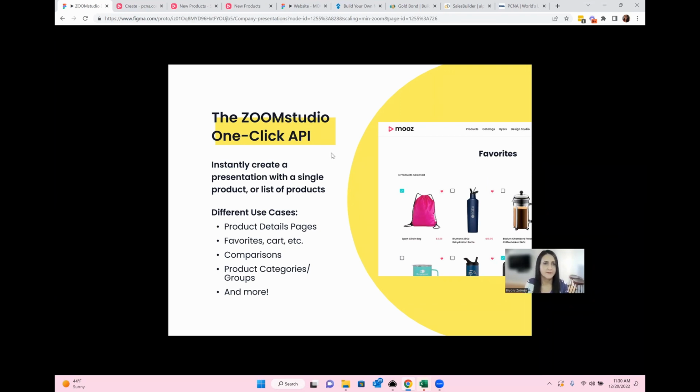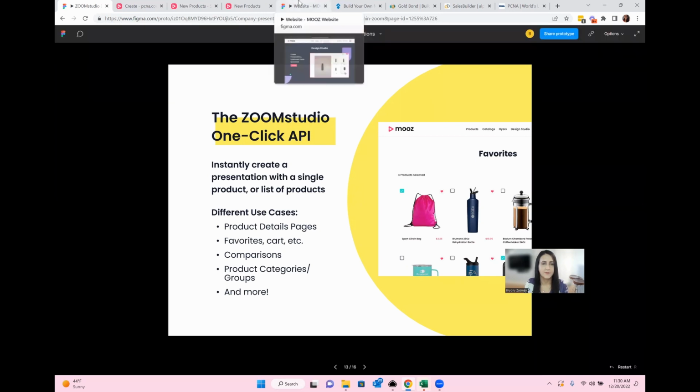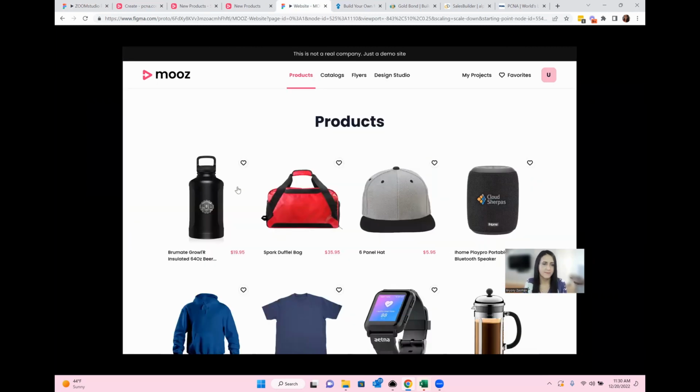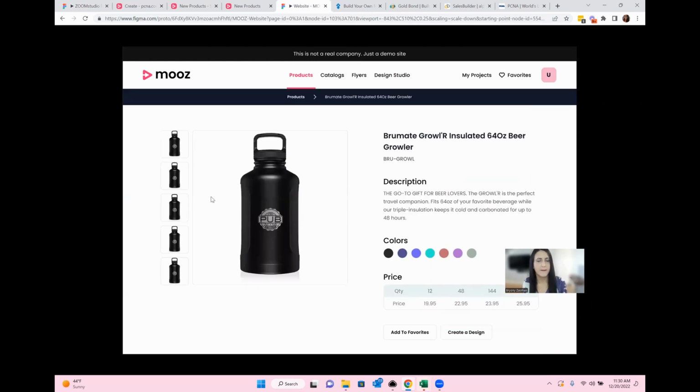So I'm going to jump over to our example website and show you what I mean. So this, again, is not a real website, just a demo, but I can go and browse products. And when I see a product I want, I can go to its product page. So this is the product details page. And on here, I'm able to see the colors and the pricing, the name, and I really want to share